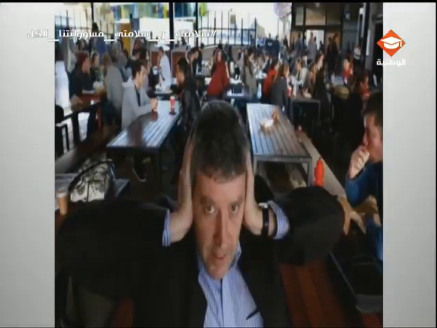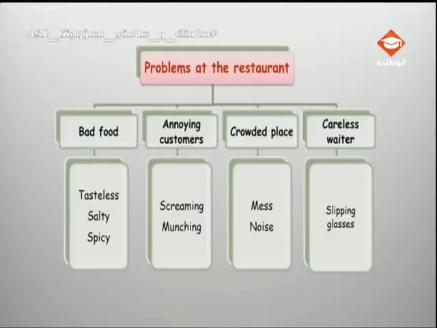He is angry. He's hangry and angry. But in this case, he looks angry. He looks upset because of the place. Look at the place. There are many people in there. It is an overcrowded place. In the overcrowded place, we find a lot of mess and noise. So people cannot eat in comfortable conditions. So these are examples, of course, of problems that we can face at a restaurant.